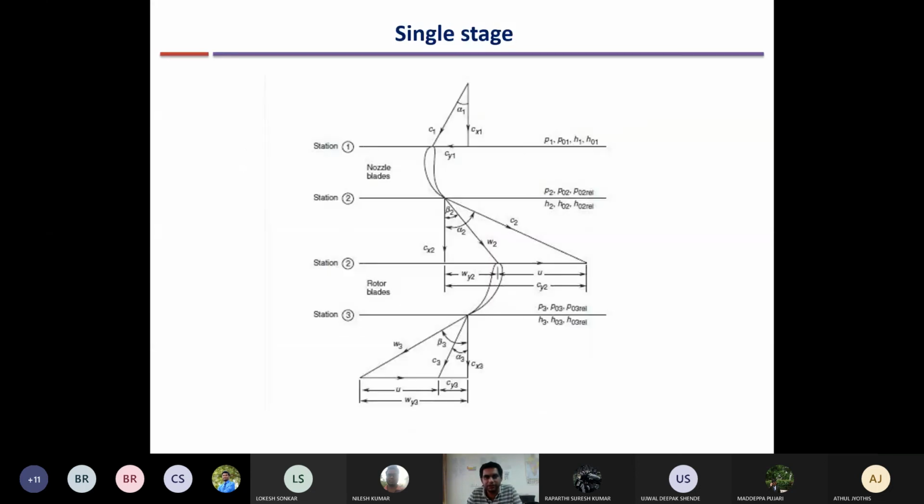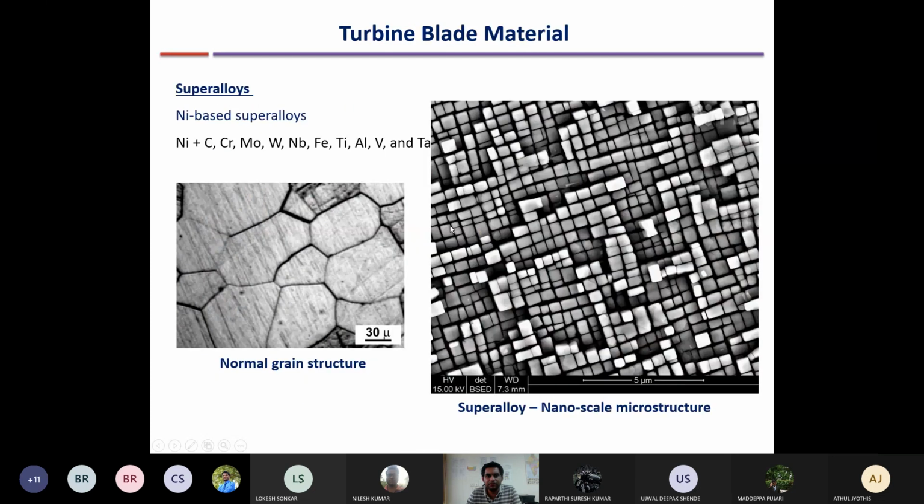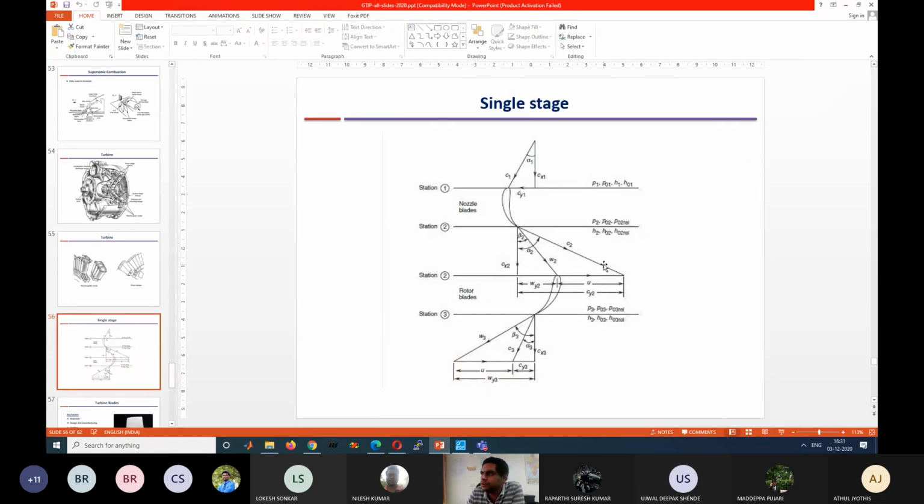Using multiple stages. This we will study using velocity triangles like we have done for axial flow compressors, and then I will go through a few slides about different aspects of turbine blades in the last class. That should be sufficient to comfortably finish the material that is left, and one or two problems we can take a look at, or I will give them in the assignment sheet. Problems are very easy once you can draw the velocity triangle. So we will discuss this in the next class, which will be our last class, on Wednesday the 11th.